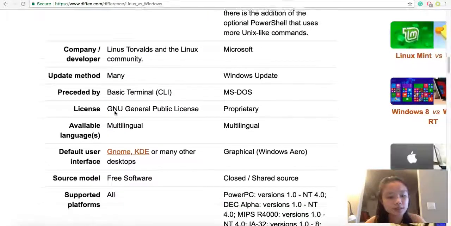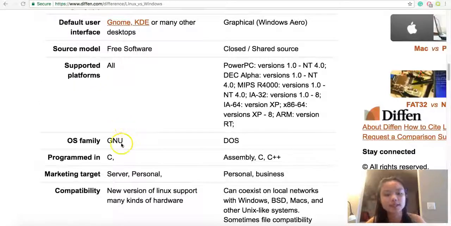And about the OS family, so Linux uses GNU. GNU is Not Unix. It was developed by the GNU project in 1983. Richard Stallman created this because if there's no free OS, we cannot get started using a computer without resorting to closed source software.